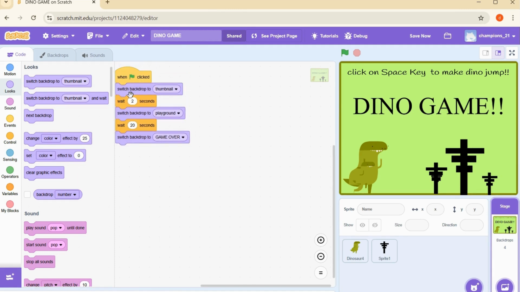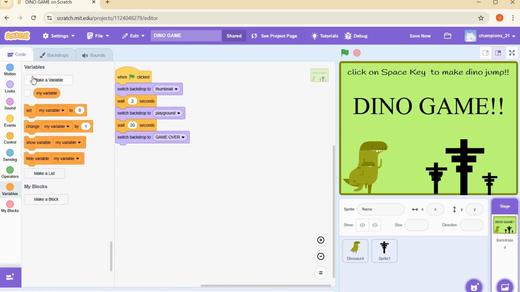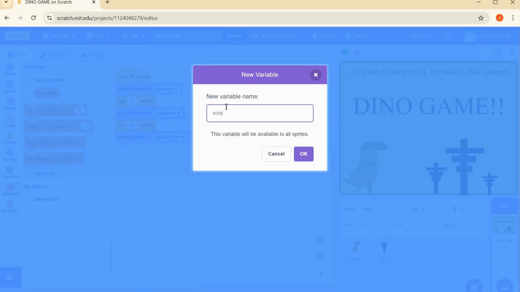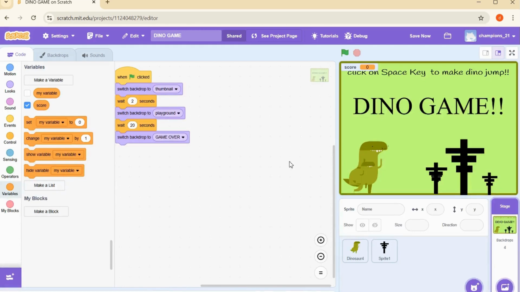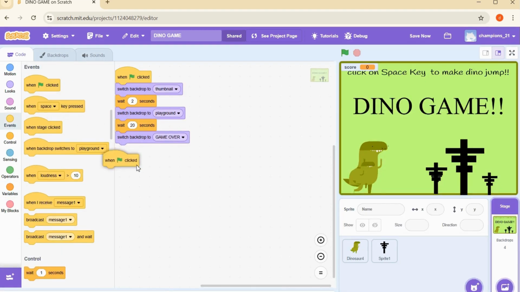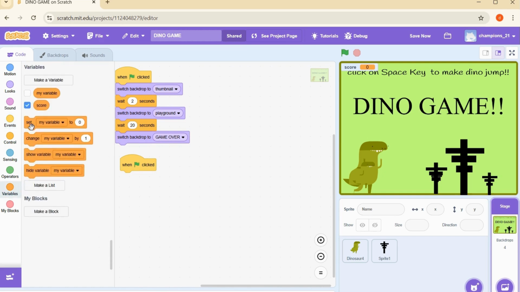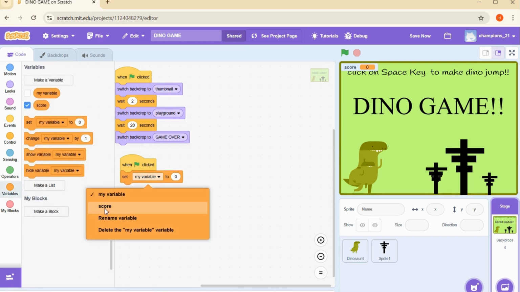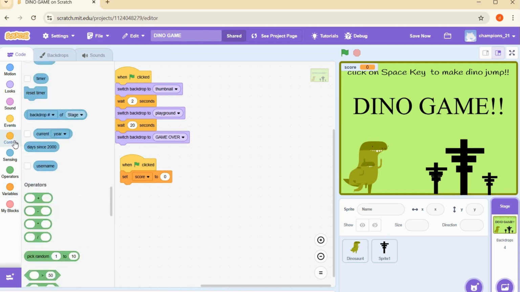Then we want it to start the score with the value 0 as always. So first of all, we have to create a variable. You can click on the variable block and then there is an option, make a variable. As I told you before also, a variable is like a container which is used to hold your values. So exactly the same, we want one variable, score, to store our score value, score numbers. As I told you, we want whenever we click on the green flag, we always see the score value at 0.